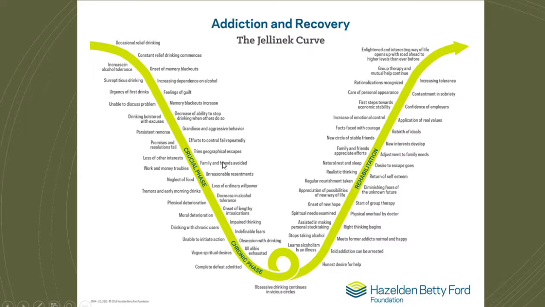He's talking to people who have recovered in AA, and they're telling him things like memory blackouts increase, there's an inability to stop drinking when other people stop drinking. One of the earmarks for alcohol dependency